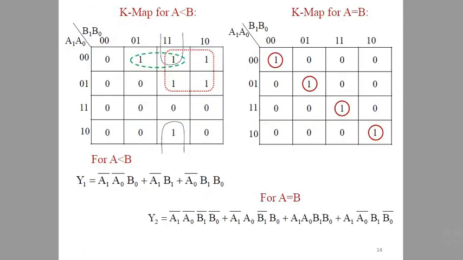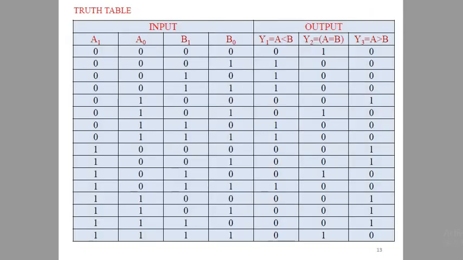Then design. Firstly, the truth table. Whenever we consider the design of any combinational circuit, first consider the logic. By using the logic we get the truth table. After the truth table, the K-map. After the K-map, the logical expression. After the logical expression, the actual implementation or realization using logic gates. Here there are 3 K-maps: K-map for Y1, K-map for Y2, and K-map for Y3.